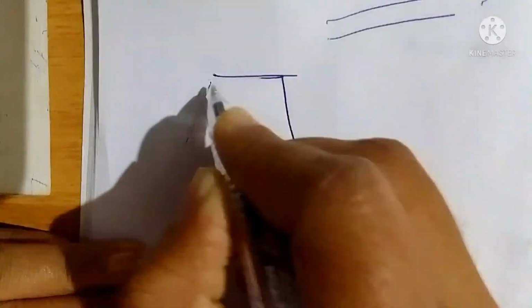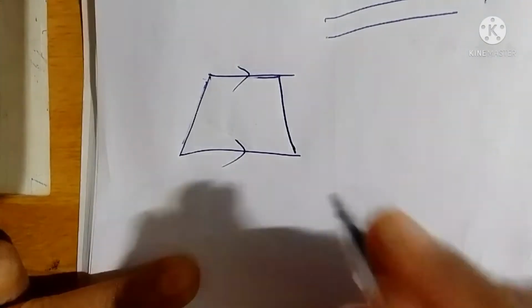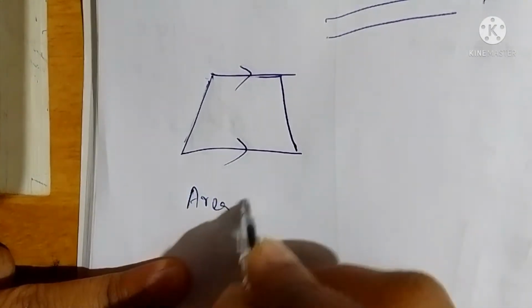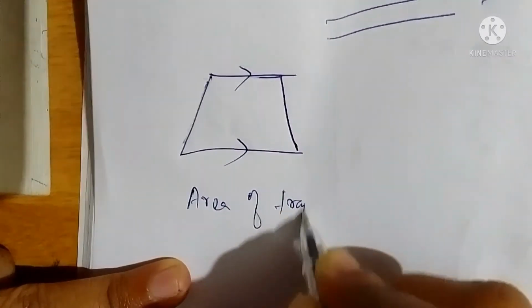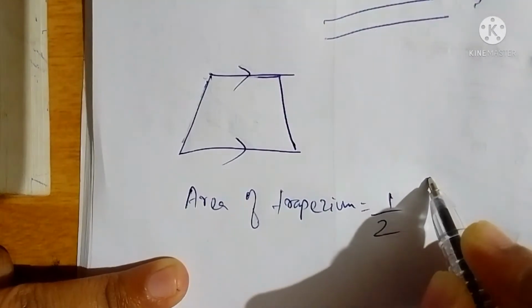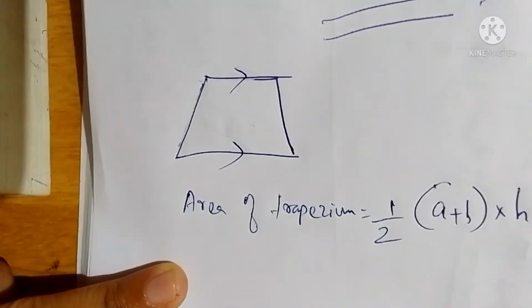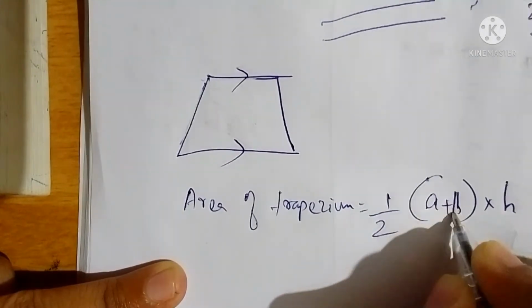Trapezium means any quadrilateral in which one pair of opposite sides is parallel. This is a trapezium. One pair of sides will be parallel. Now, the area of a trapezium: there is one formula. Area of trapezium equals half into (a plus b) into h, where a and b are the lengths of